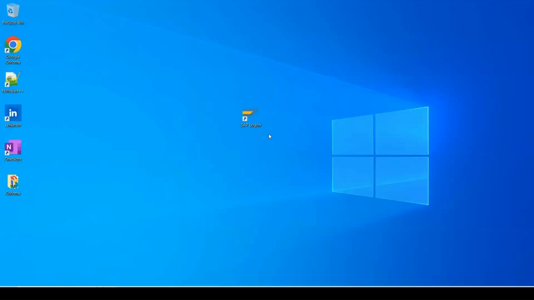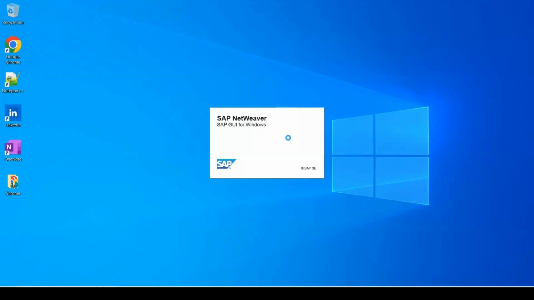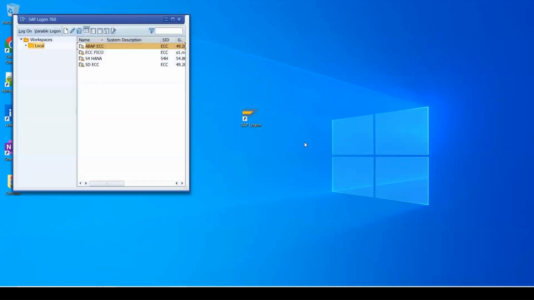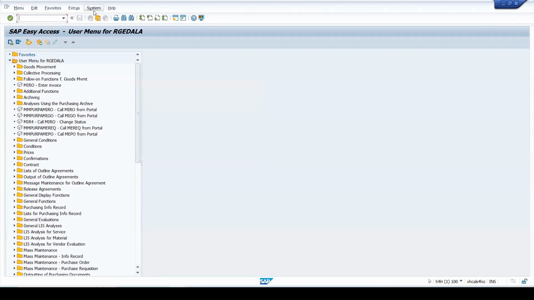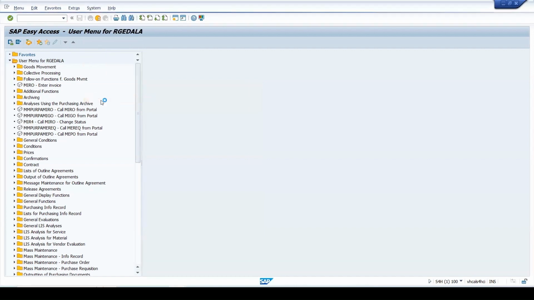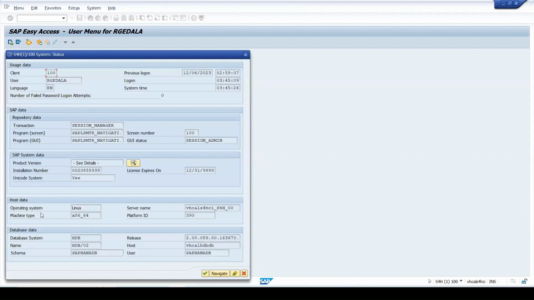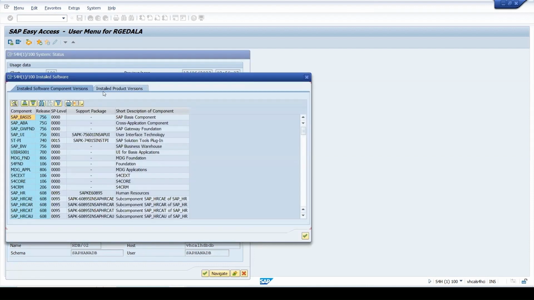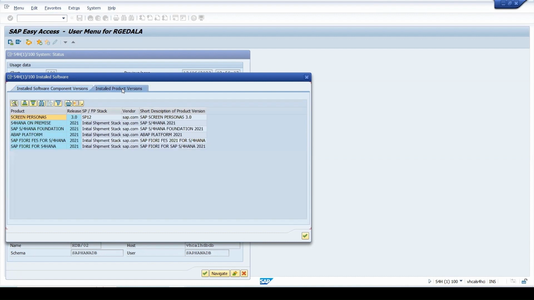I am launching SAP Logon Pad. Here, if you go to System in the menu bar, and if you go to Status, here we can see the operating system is Linux and the database system is HDB, which stands for HANA database. And if you go to the product versions, in the installed product versions tab, we can see